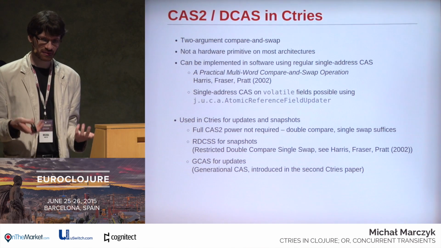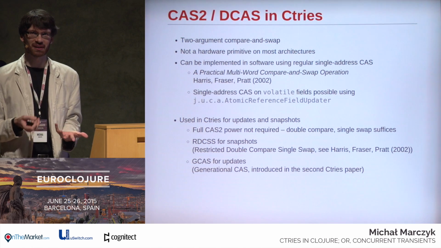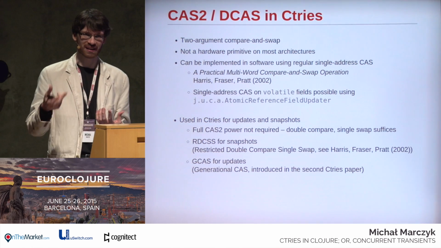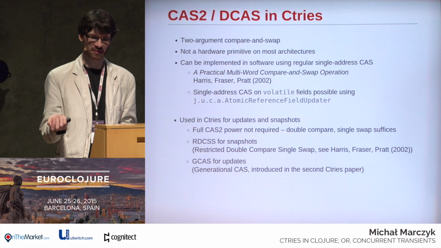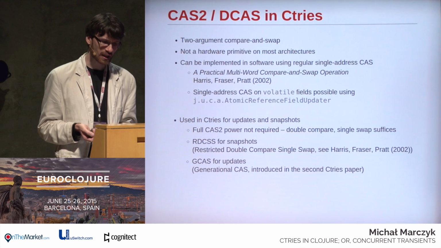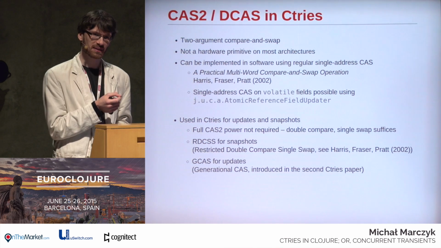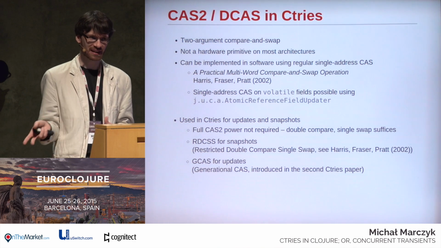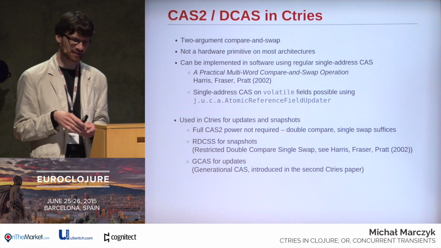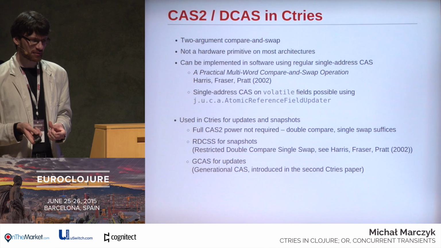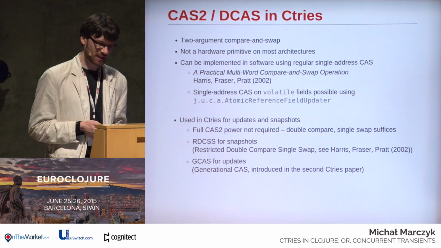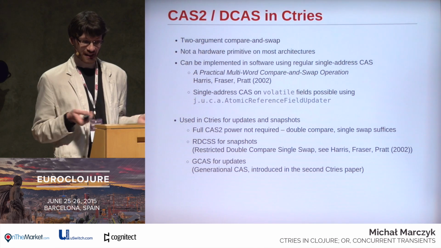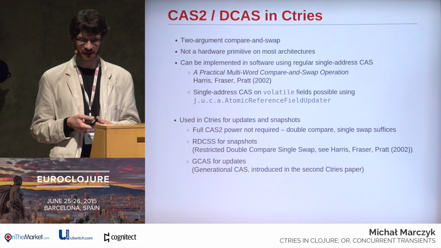And there's a number of desirable properties that one might hope to find in a cas2 software implementation. One that's very general and in many other ways particularly attractive was described in a paper by Harris, Fraser, and Pratt called A Practical Multi-Word Concurrent Swap Operation,